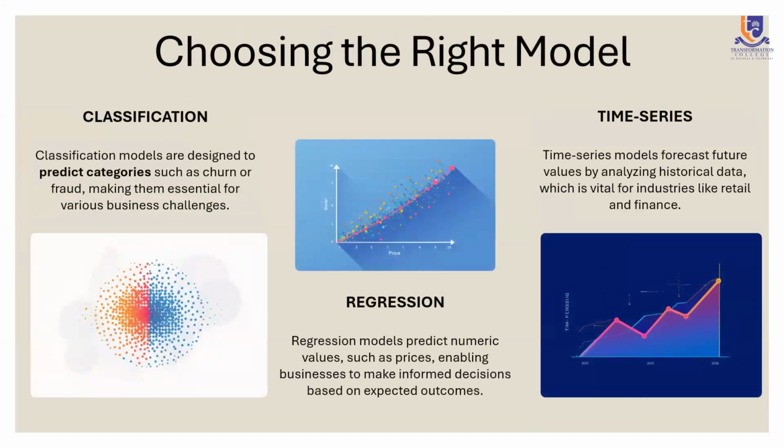And then we choose the right model. Like I said, we have different types of model. We have classification, regression, and time series, right? The classification models are used to determine or classify different types of objects. For example, you could have fraud, you could have churn rates, or you could have pictures of a cat and a dog, and this kind of model is basically just going to separate them into their different classes.